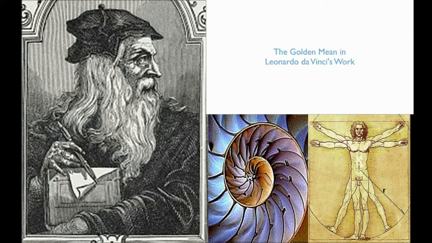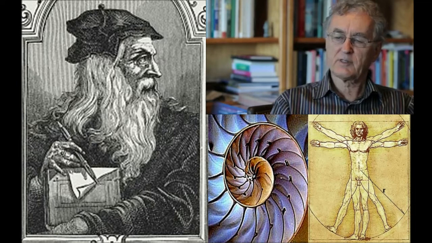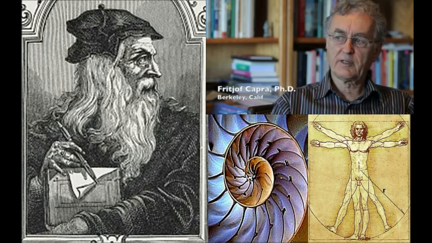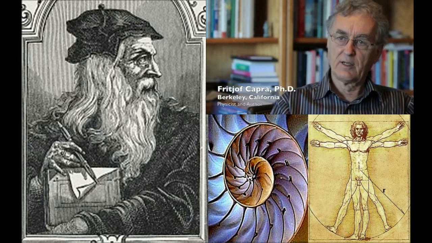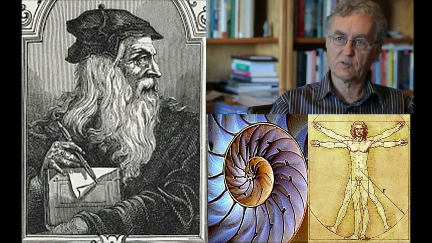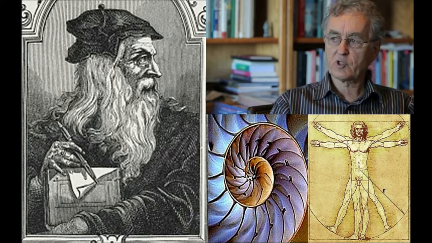The golden mean is very mysterious in his work, because he doesn't talk about it, and it is apparent in most of his paintings, but not exactly. And I believe the golden section, which was also called the divine proportion, was something that was well known and discovered by Euclid,